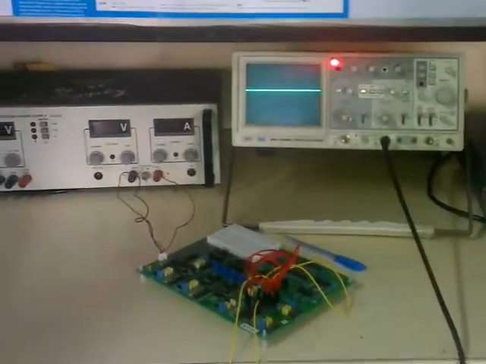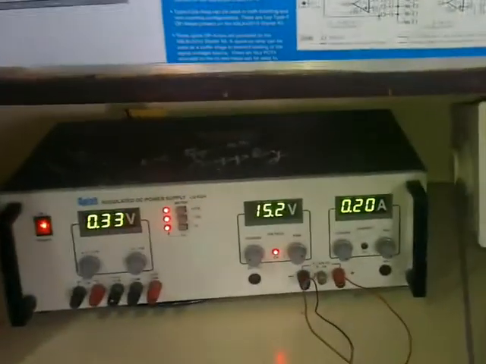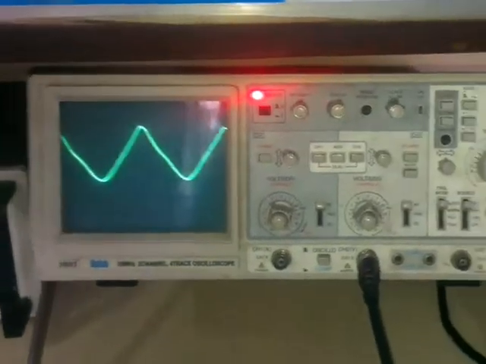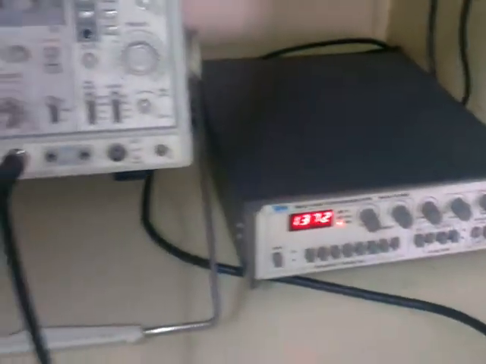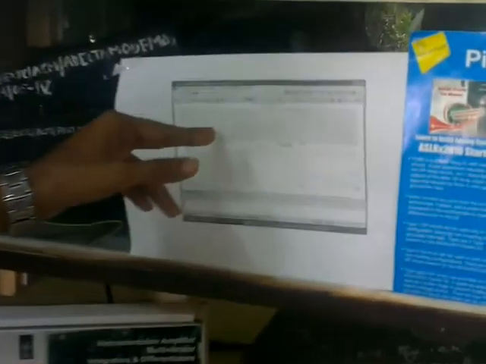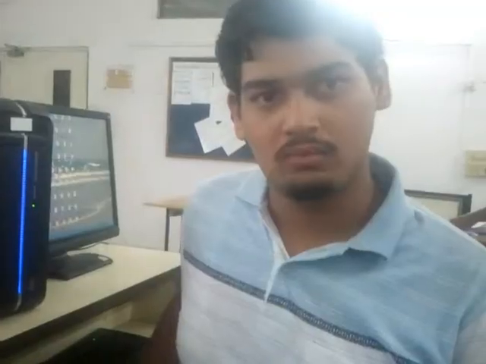After all this, we finally connected our whole circuit and then we got the output. We applied a sine wave and varied the frequency from 1 kilohertz to 1 megahertz and obtained the output values. We will then plot these values on semi-log paper and the output will look like this plot. This is the magnitude plot and this is the phase plot. This sums up our hardware implementation of our problem statement, second order low pass filter.